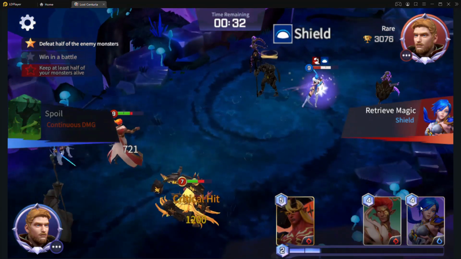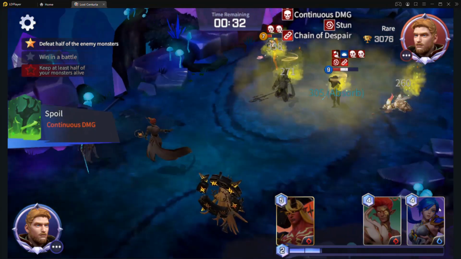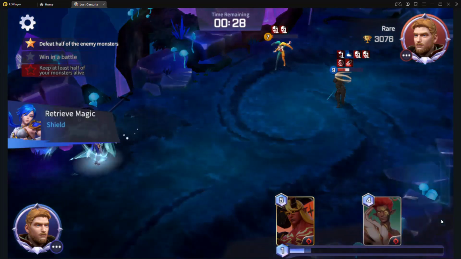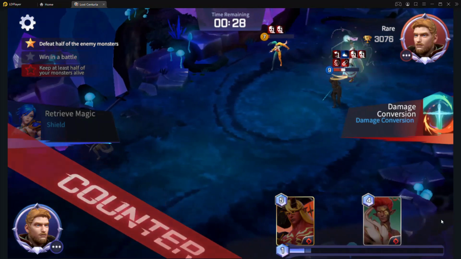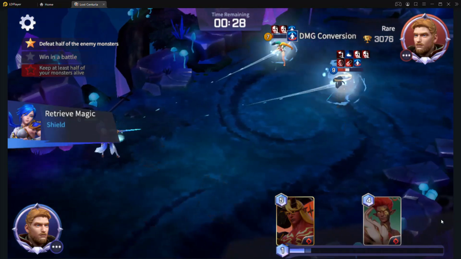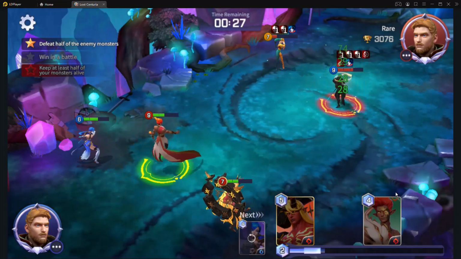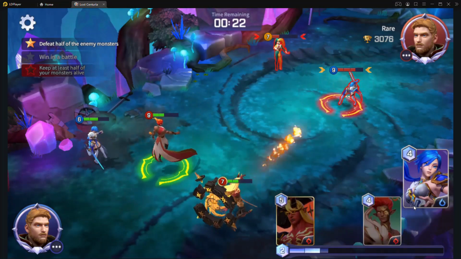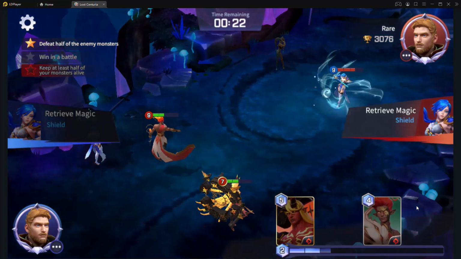And as you can see, this is absolutely devastating. Luckily for us, we were able to kill off the Commune, and the Chains of Despair was able to go on to Lapis, but oh my gosh, this damage conversion may save the day here. I've got no responses for that, unfortunately, and I'm desperately waiting for that damage conversion to get off,